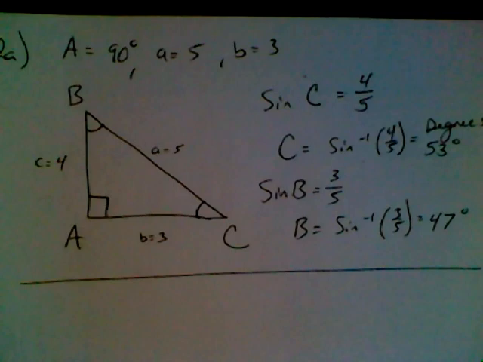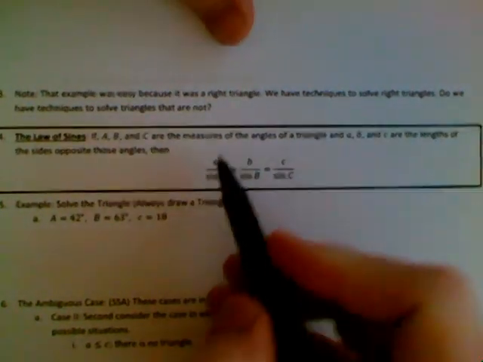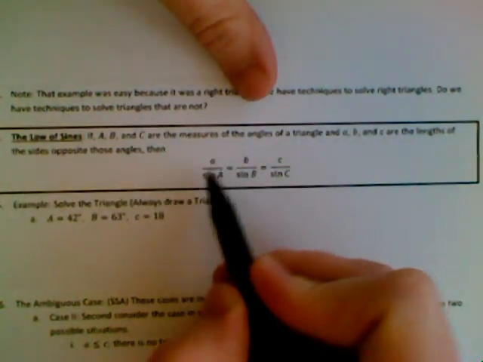Now this one was easy to do because this was a right triangle. The situation that I have is, what if I'm given something that's not a right triangle? What can I do? What can I use, and how can I solve it? Well, that's where we come in with law of sines. Law of sines is the statement that if I have a side divided by the sine of the angle, it is equivalent to the other side B divided by the sine of the opposite angle. Again, this thing right here